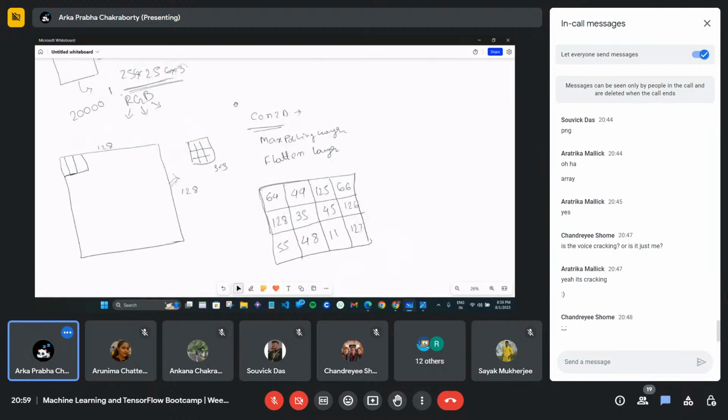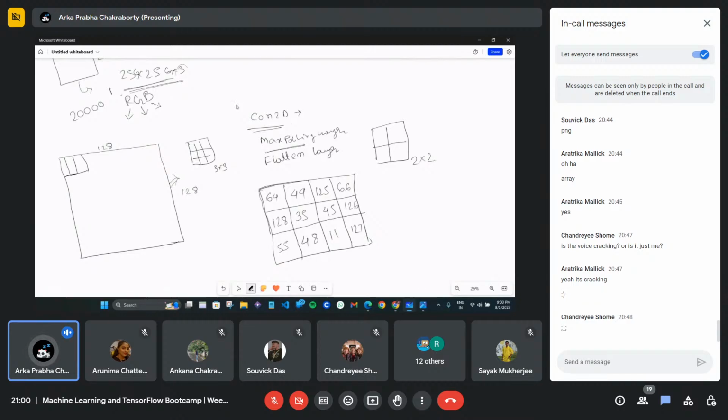So that's why we have to compress this image into a smaller size. For that, we take a 2 cross 2 matrix. You can take any other matrix, but I'm taking a 2 cross 2 matrix. See the name, max pooling layer: it takes the max value from this kernel.